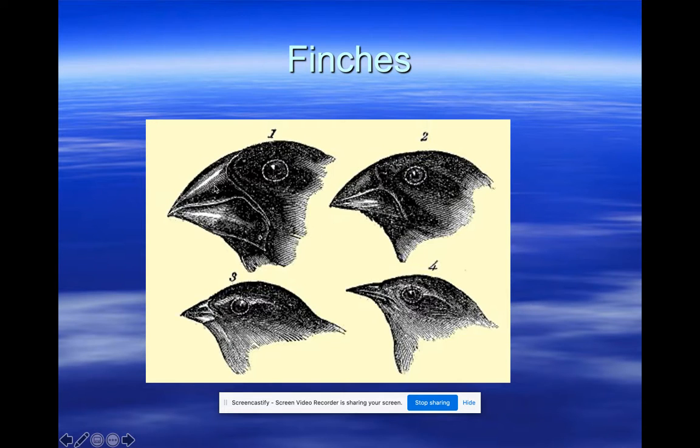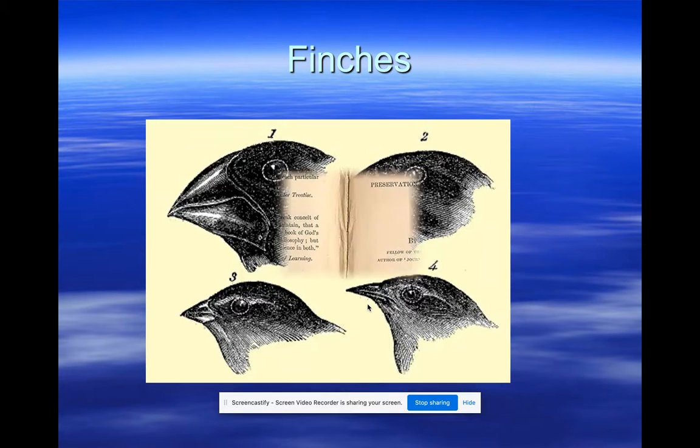So there were ones with big beaks like this, there were ones with little tiny tapered beaks like this. But what he figured out is that each one was adapted to eat certain types of foods. For instance, this big one here ate big, hard seeds that you needed to crack open to eat. This guy right here, he had like a little probing beak, and what that means is he kind of stuck his beak inside trees and plants and even flowers to extract the food out of them. So each bird had a different beak, and they were adapted to their different environments.